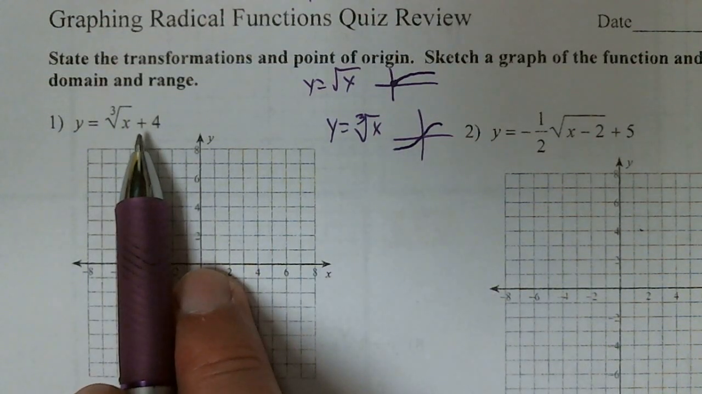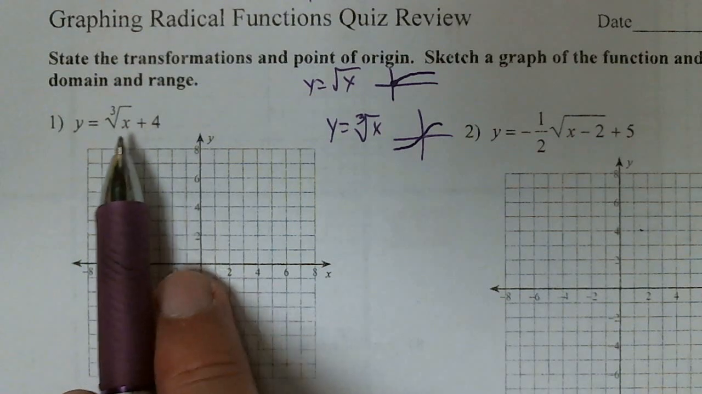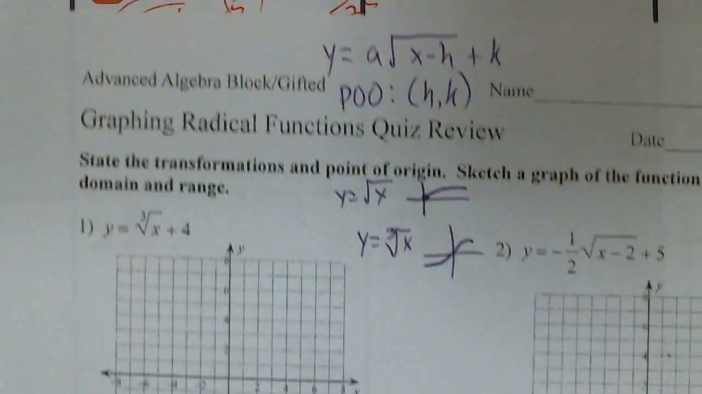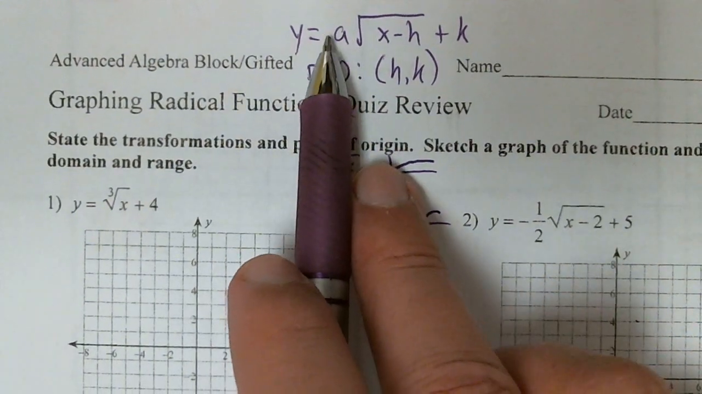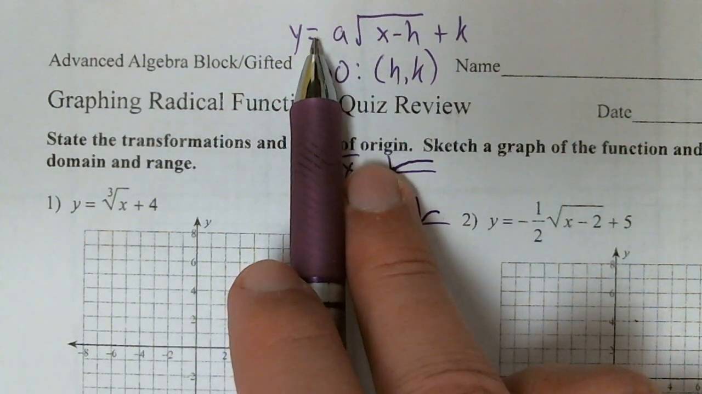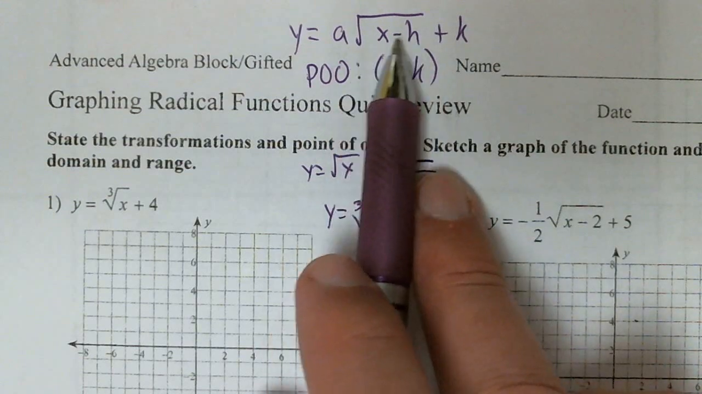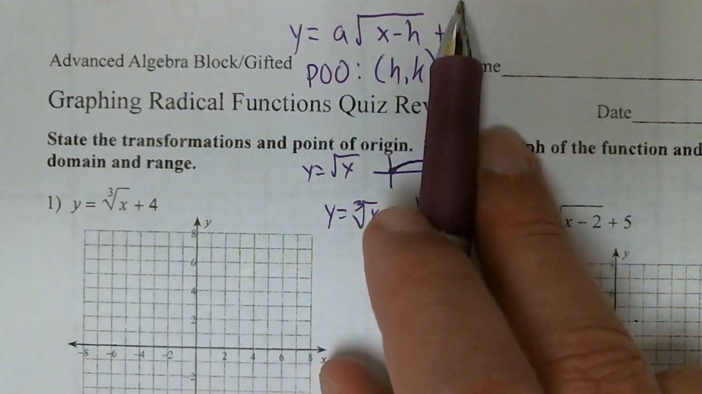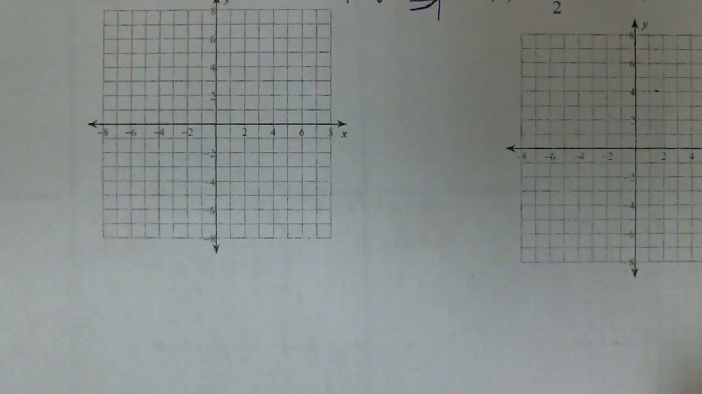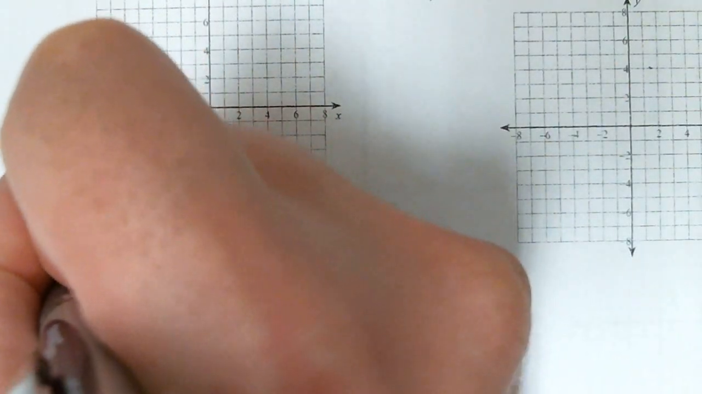Before I plot this, I've got to figure out what the transformations are and what the poo is. For the transformations, I read the book from left to right. Do I have a negative, a reflection, yes or no? Do I have a stretch or shrink? That's the second thing. Do I have a horizontal shift? That's the third thing. Do I have a vertical shift? That's the fourth thing. So if I come down here and write my transformations,